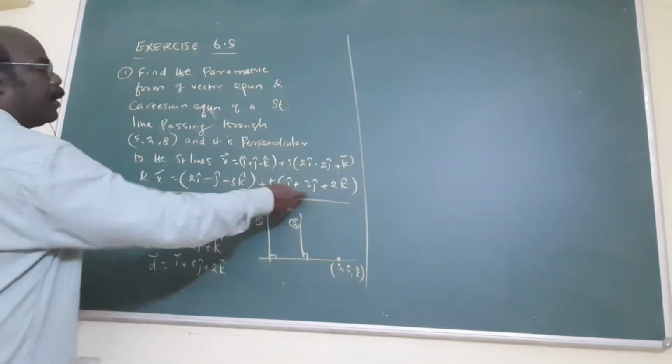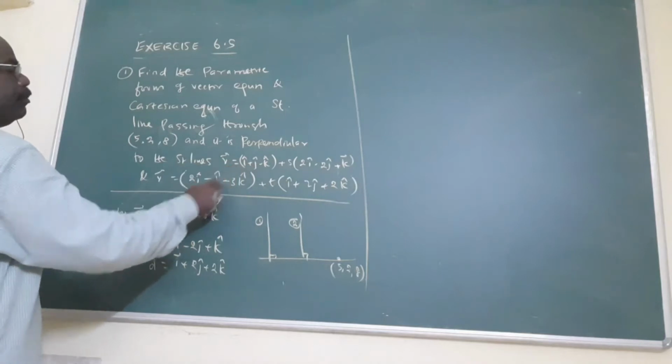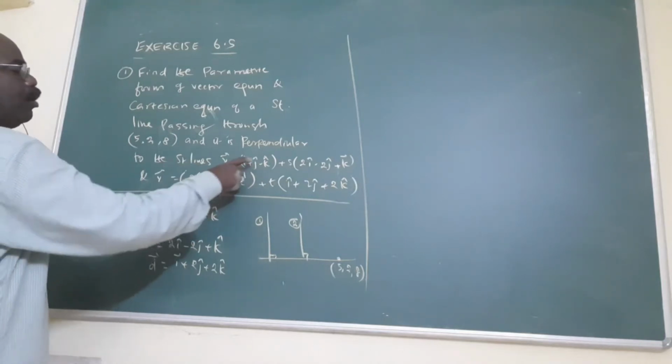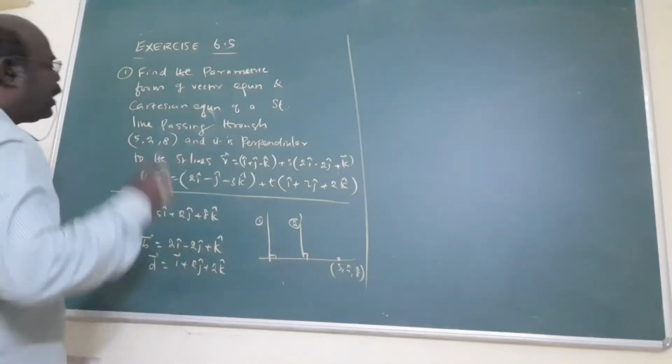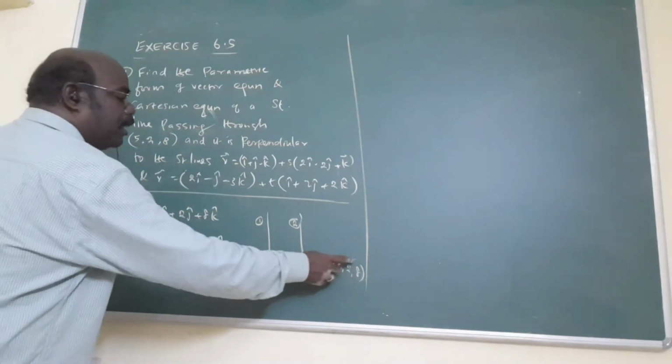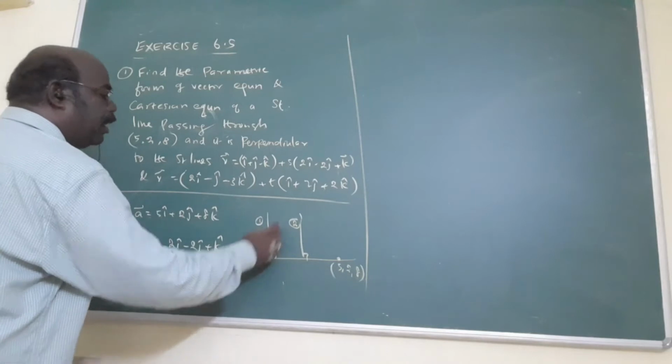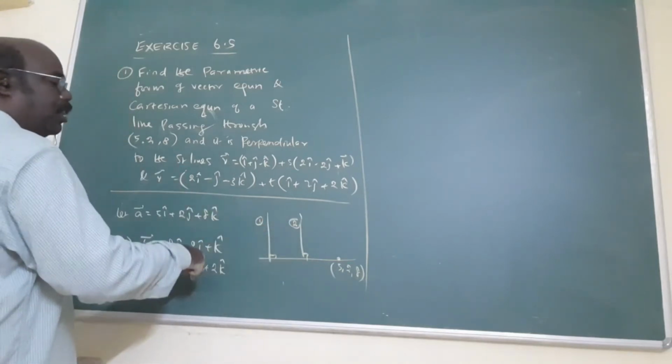Next one is, after the scalar, the other vector. This is called a point. Am I right? We don't want this point, only the vectors, b vector and d vector. Now what is being asked? This is perpendicular. This is one line, one perpendicular line, and the other perpendicular line. Now what is being asked?